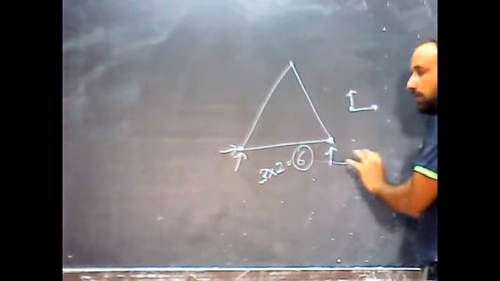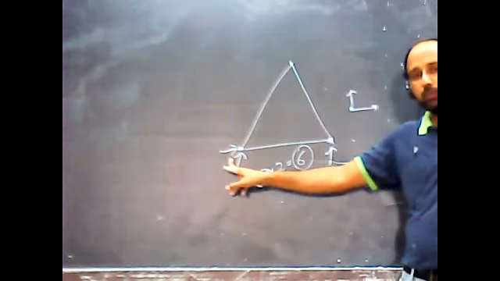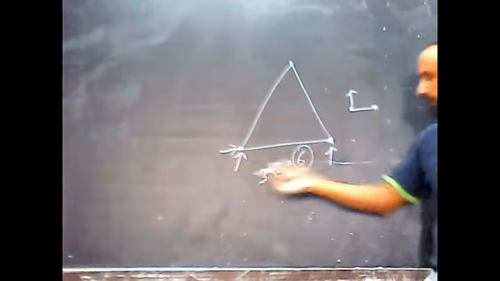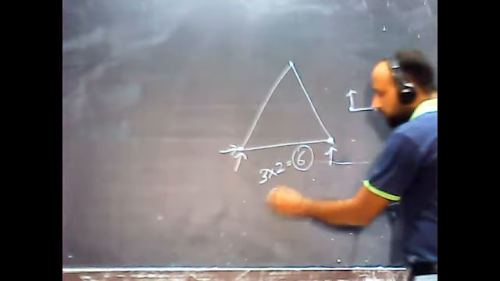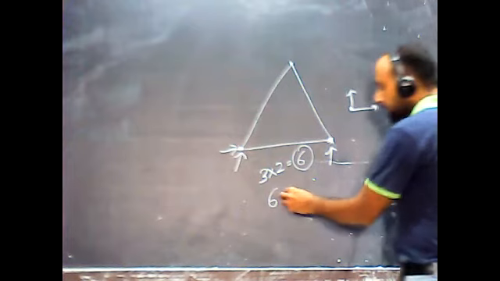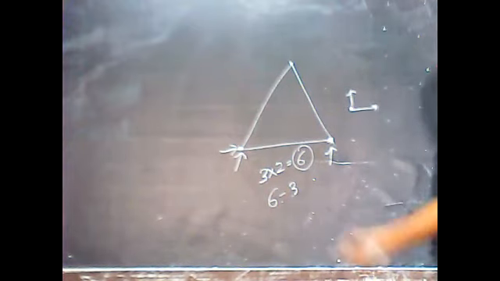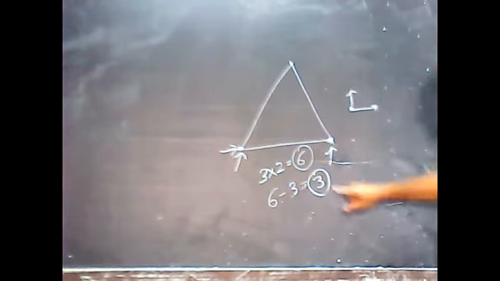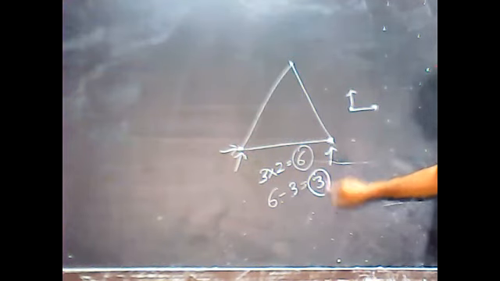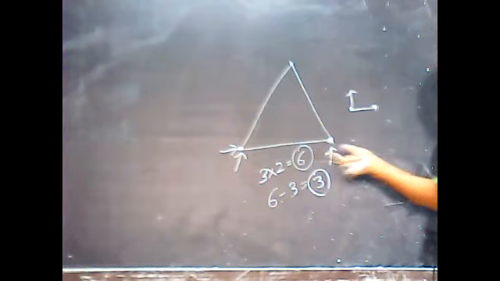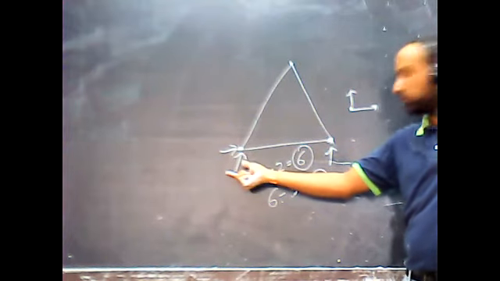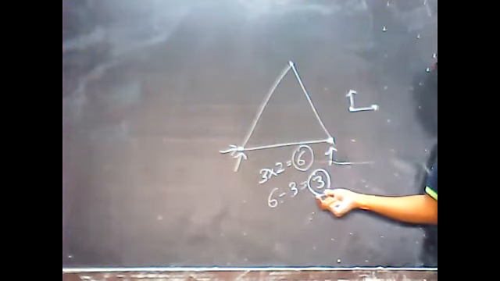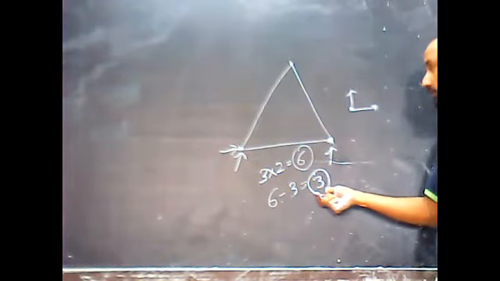But actually, if you see in the problem, there is a hinge support at this point, and there is a roller support at this point. Calculate the restriction provided by each support: 1, 2, 3. The total degree of freedom was 6 without any restrictions, and we have the restrictions. How many restrictions or support reactions were provided? 3. So the remaining is 3. This is the actual degree of freedom of the structure, which is the problem I just drew before this one. That diagram which I just showed you has a hinge and a roller, so count the number of restrictions, and ultimately this is the overall degree of freedom of that structure.